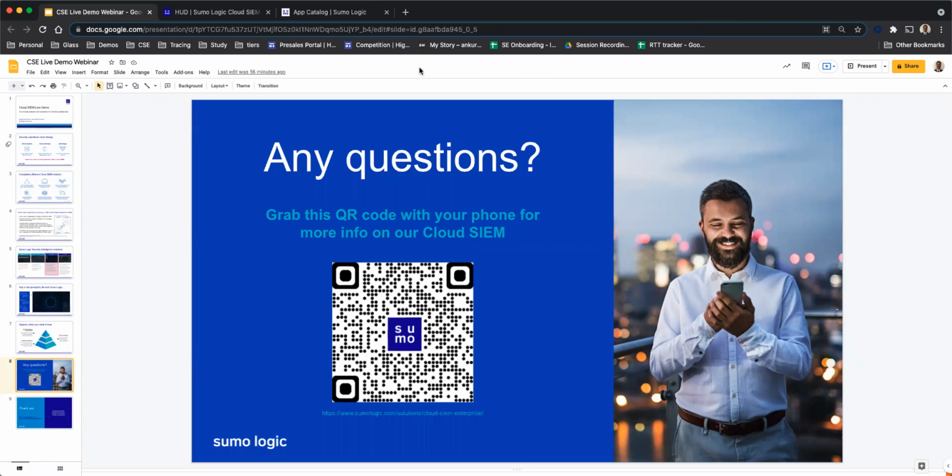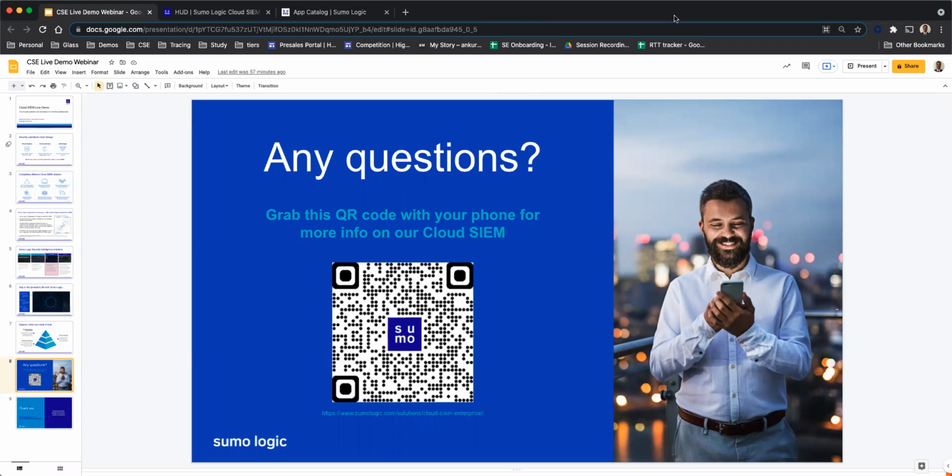There is a question which is asking how the Sumo SIEM platform is priced. The platform is provided as an add-on to our existing security capabilities. The platform is priced based on the amount of data that you ingest. So it is something like you have 500 GB of logs into the platform, 200 GB of logs, 100 GB of logs, etc. The pricing depends predominantly on a couple of factors. One is the amount of data that you ingest into the platform. The second factor is where you want to retain your logs from your compliance and security perspective.